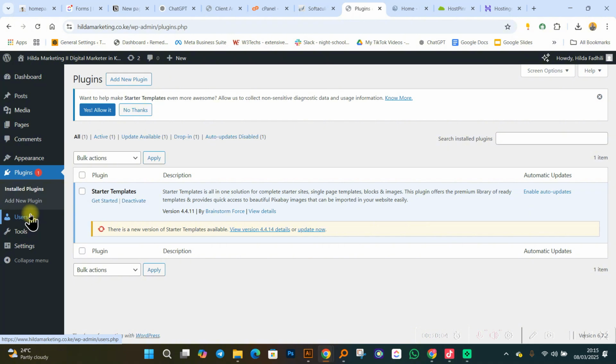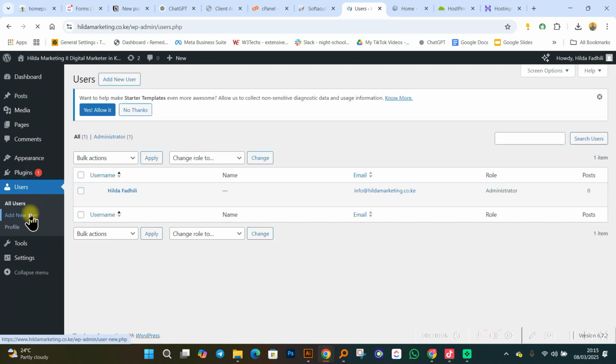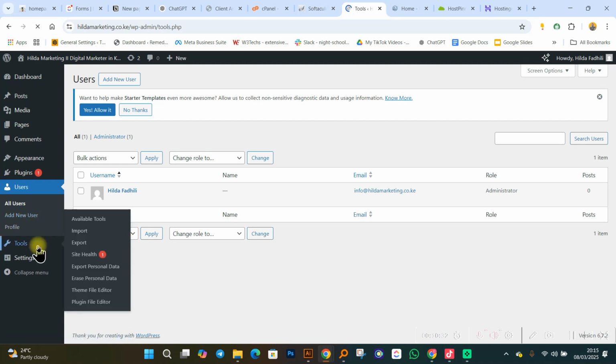Okay. Now, down here we have something we refer to as users. Users are all the various people who get to interact with your website. Users can be admins, editors, authors, SEO editors, shop managers. You can also have users or subscribers. Subscribers are probably people who are checking content on your website, people who are buying products from your website, so many things.